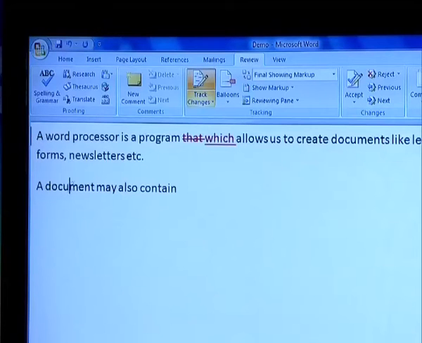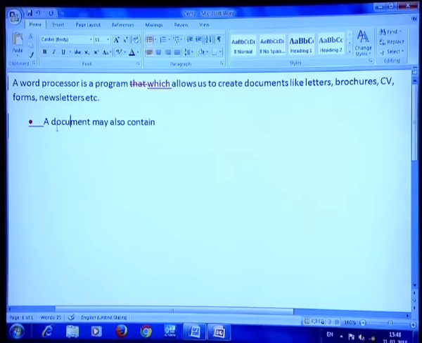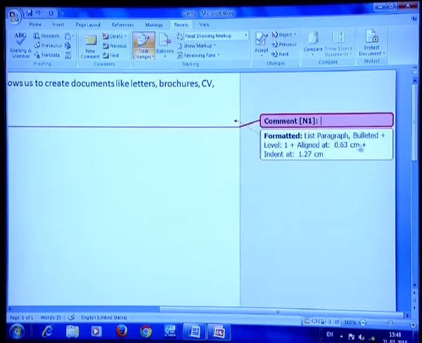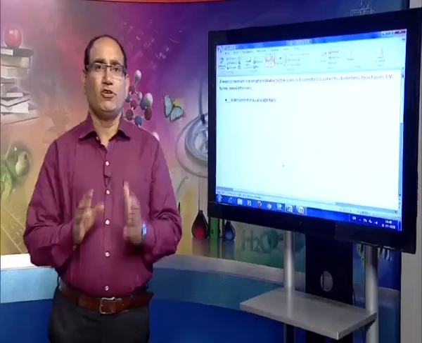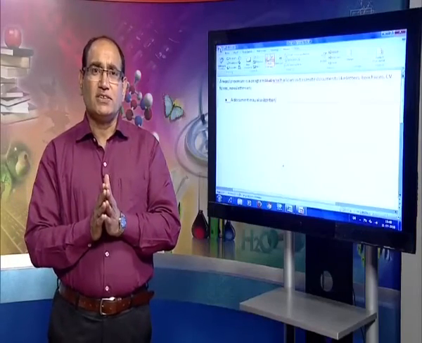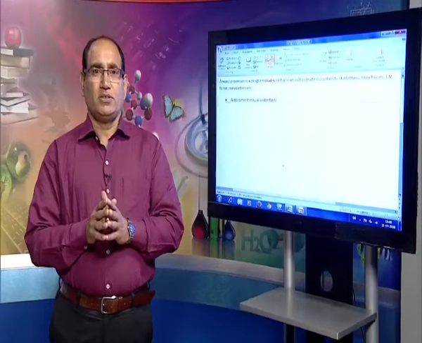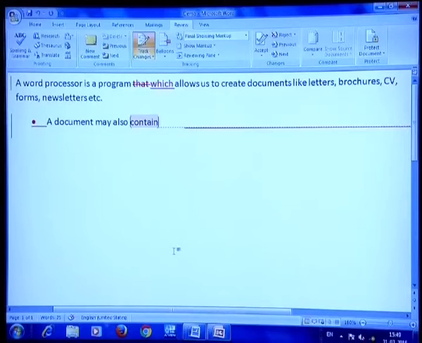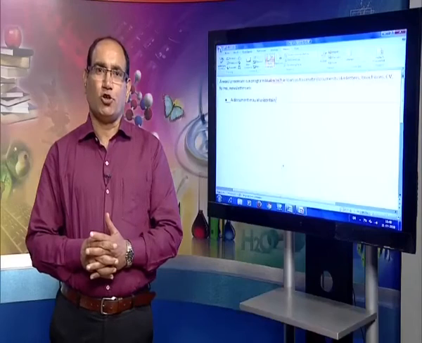Suppose I want to make it a bulleted list, it keeps a track. So, all these changes are tracked, it keeps track of whichever changes are made, and also we can put comments, I can write a comment. Now, you see the utility of this. Whenever I write some document, the document may contain some errors, there may be something which can be improved. I want to give this document to someone else for editing, and that person edits the document.